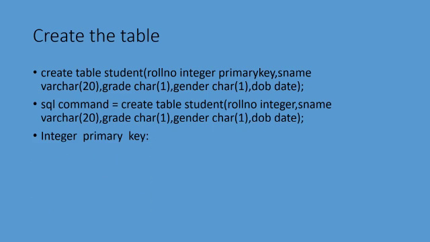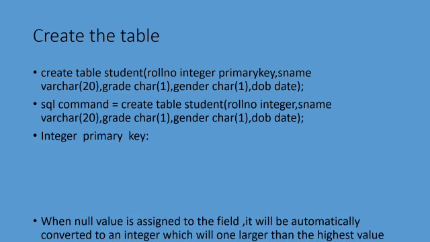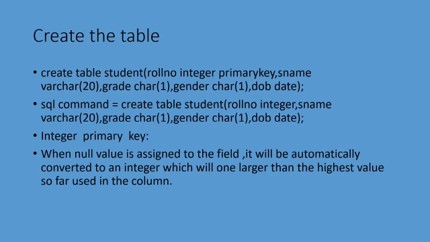Next, here one specialty I have to say. What do you mean by primary key? Primary key is used to uniquely identify a record. In the database lesson you might have studied about it. To identify the record fast and uniquely, we are using primary key. By giving the primary key value, immediately we can take out the records. That is called primary key.